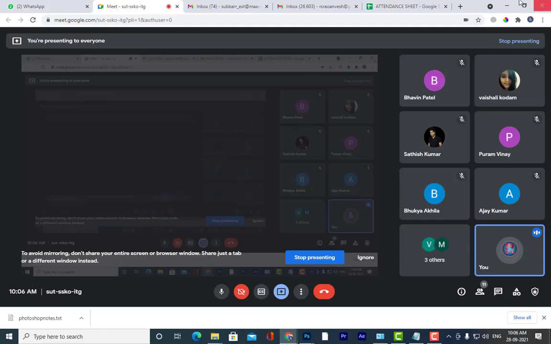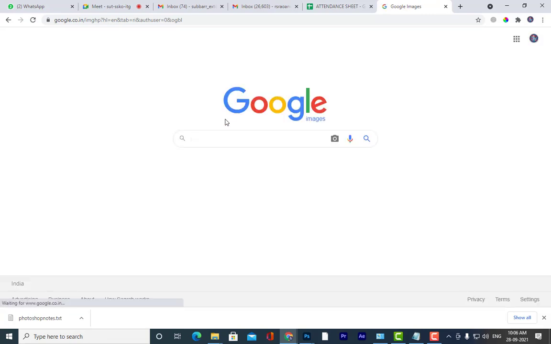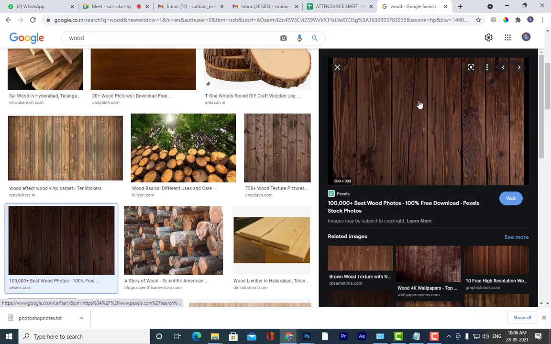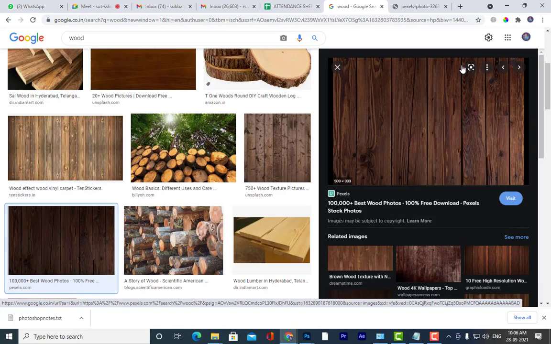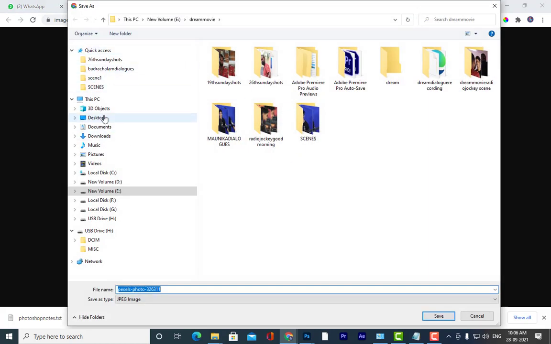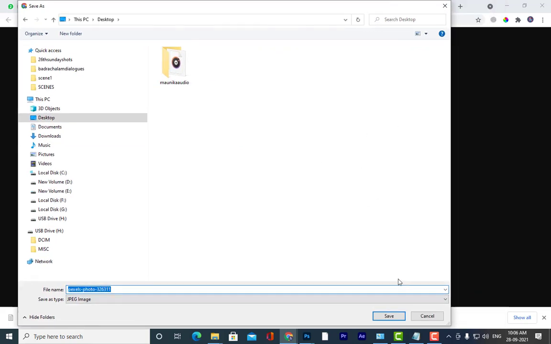Let me open a wood here. So this is a wood. Let's save this file on our desktop as wood.